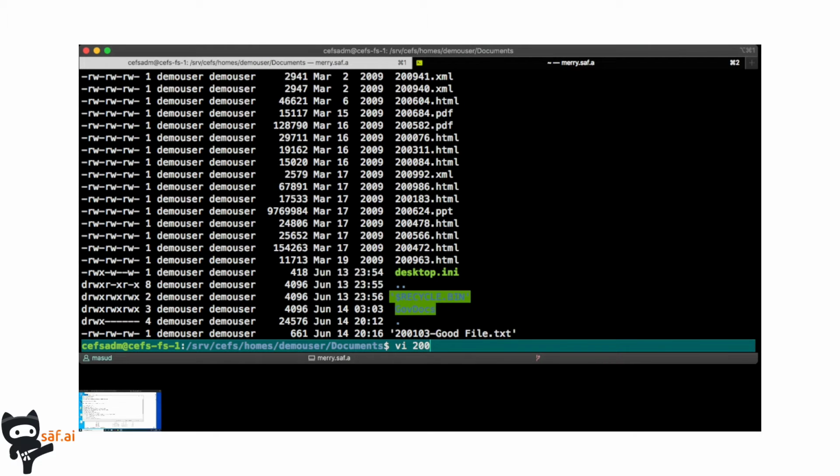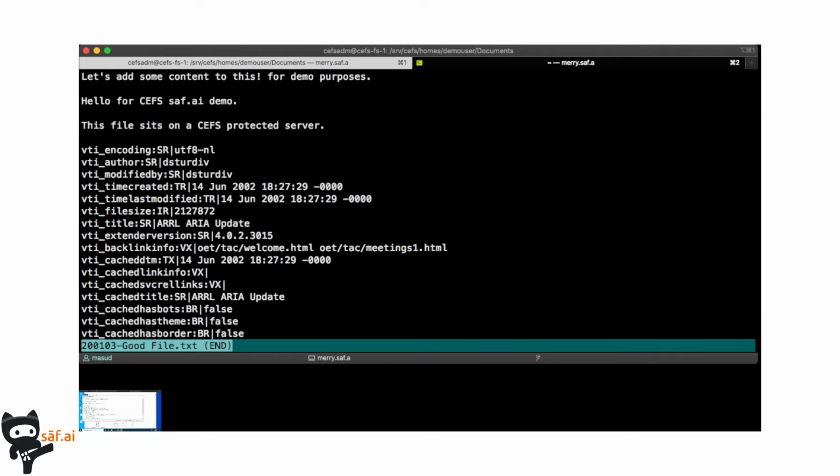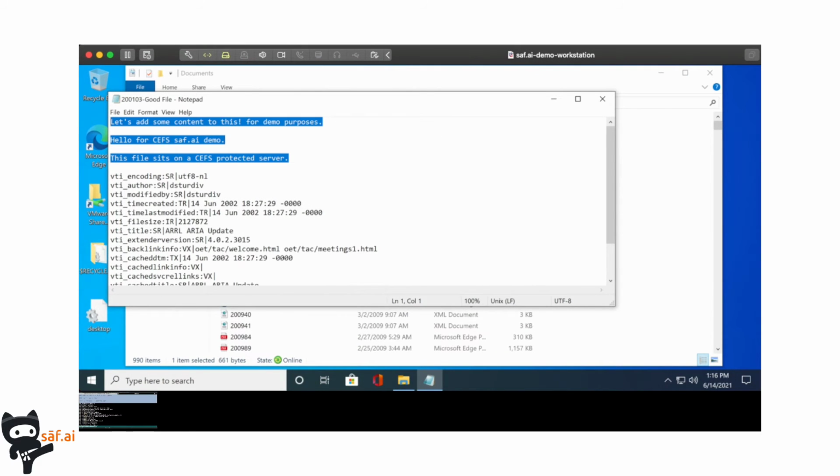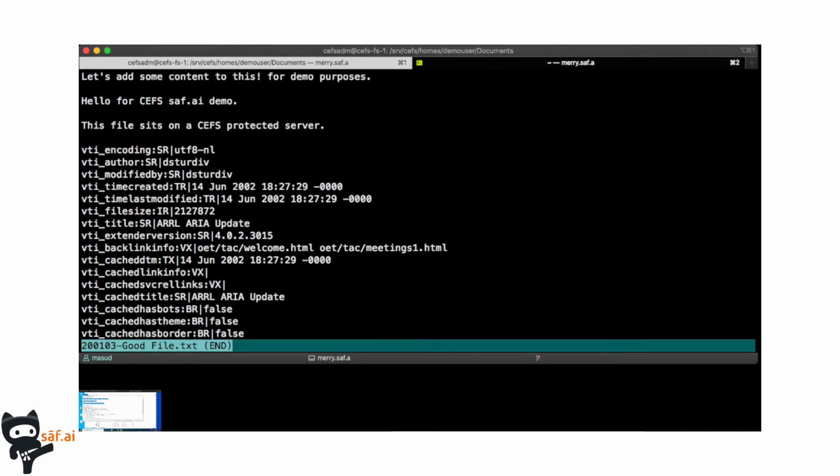Now, as we look at the file here, we can see that the content is identical to the one that we just edited on the Windows side. So switching back to the Windows side, the content is obviously identical. And what we are going to concentrate on right now is literally